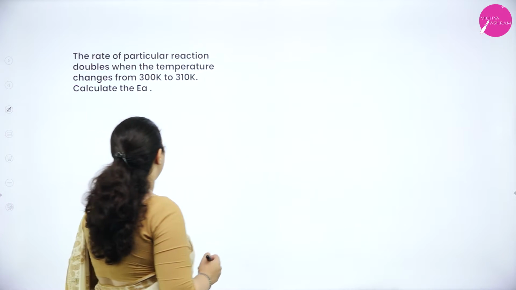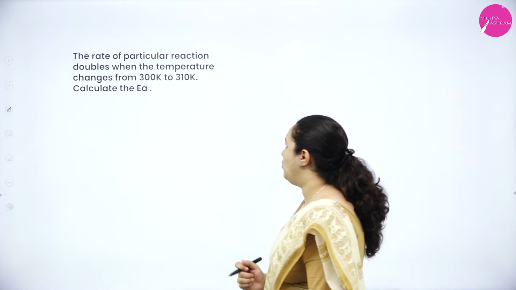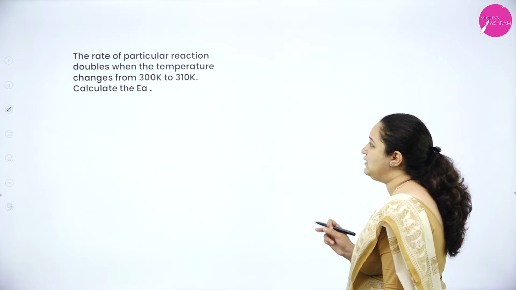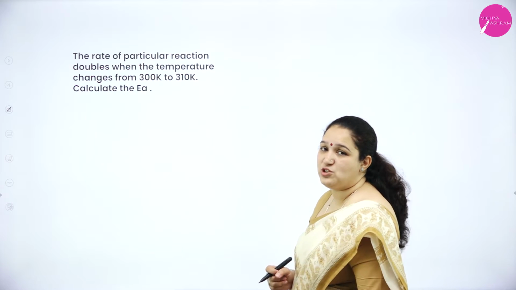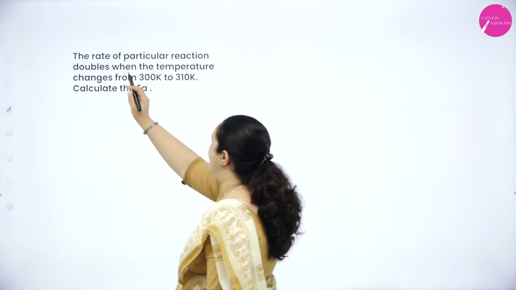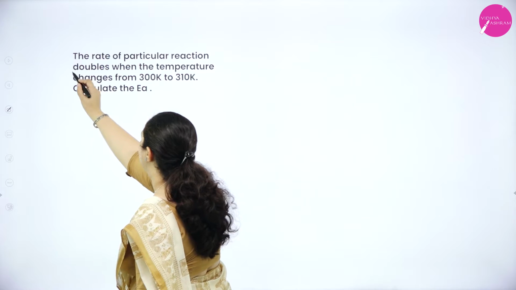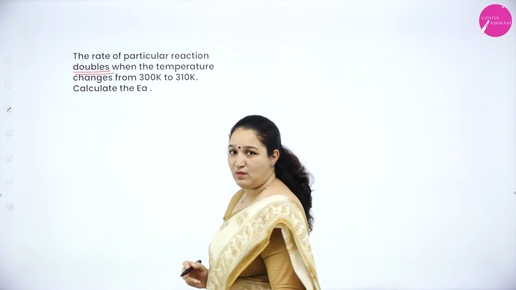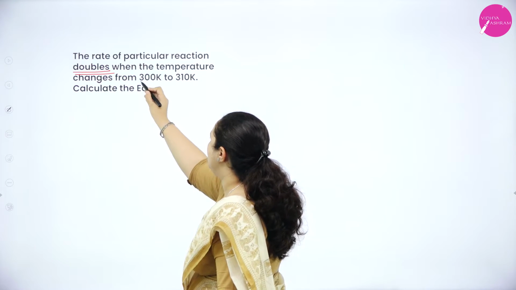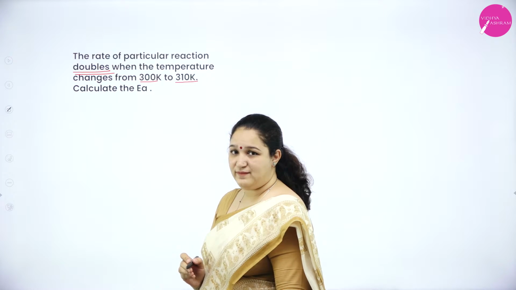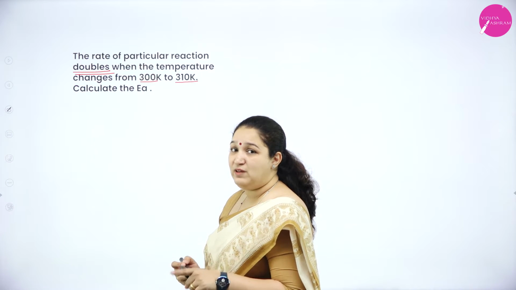The rate of a particular reaction doubles when the temperature changes from 300 Kelvin to 310 Kelvin. Calculate activation energy. So here, what have they given? The rate of a particular reaction doubles. It will double when the temperature changes from 300 to 310 Kelvin. Calculate activation energy. So you know T2 and T1, but you don't know K2 and K1, but they have given